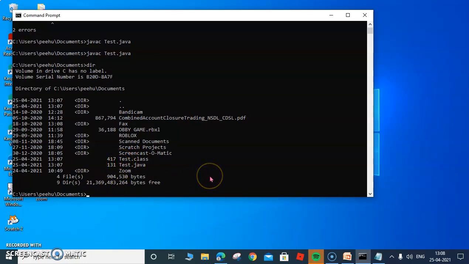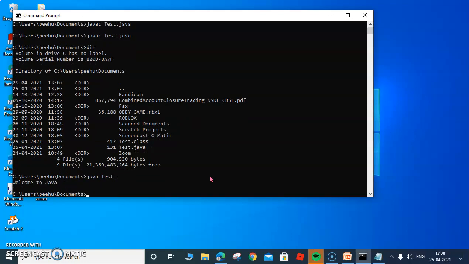Now the next job, once it has been compiled, is that we have to interpret it by just typing java. This is Java's interpreter, and then the file name, just the file name, java test, and then press enter. You can see that this is printing the statement on our console, that is, welcome to Java. So this is the output of that particular program.